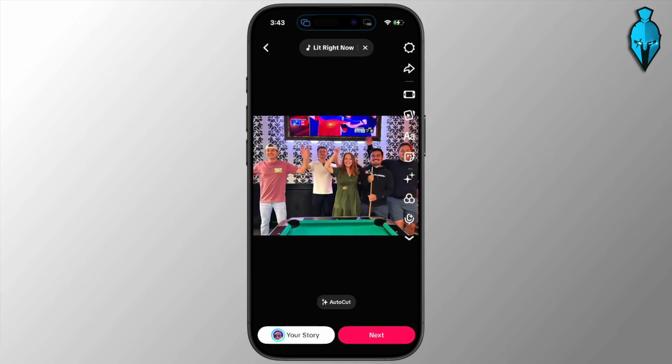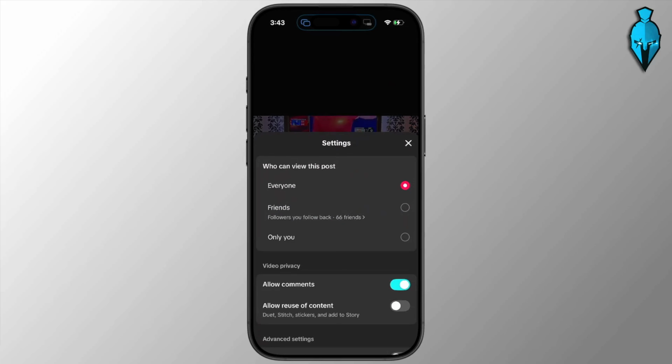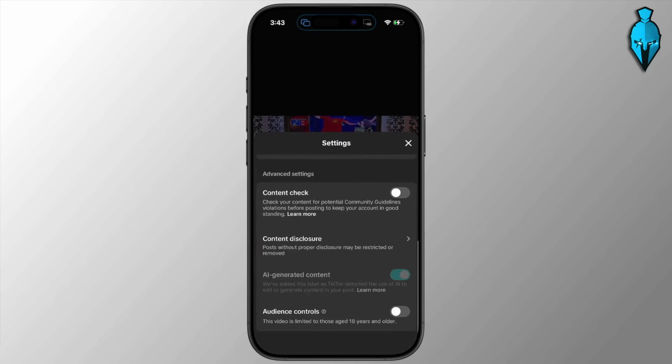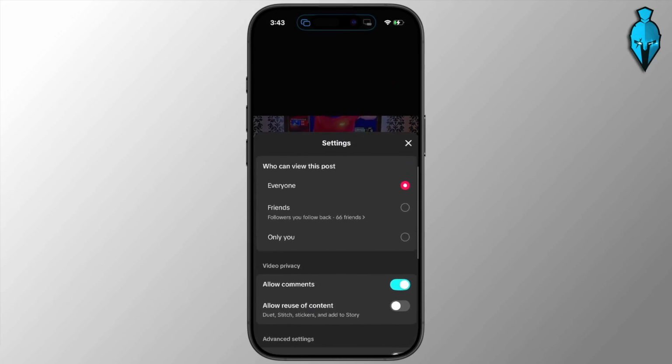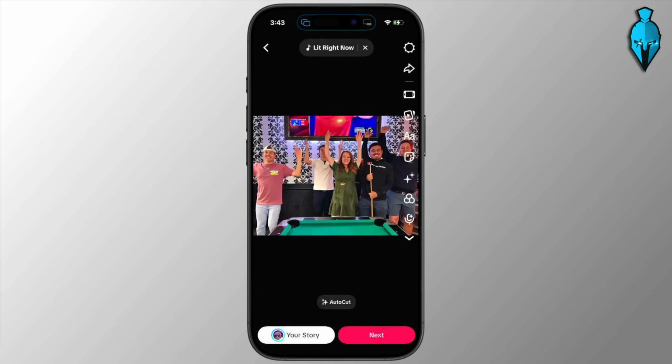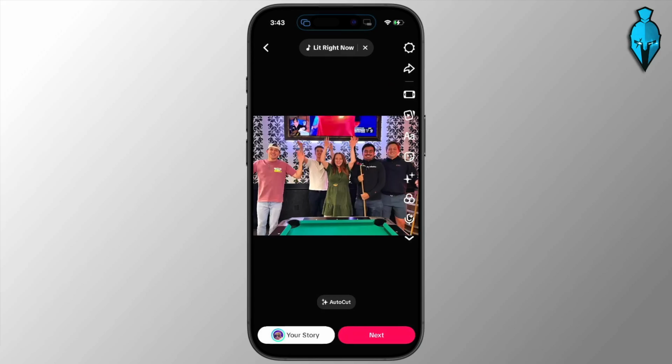But essentially, you want to select the little settings gear, and then from here, what you want to do is scroll down a little bit on here. You're going to see the privacy settings on here. You want to make sure that this is set to only me. And then once you set it to only me, you want to go ahead and essentially post it and then